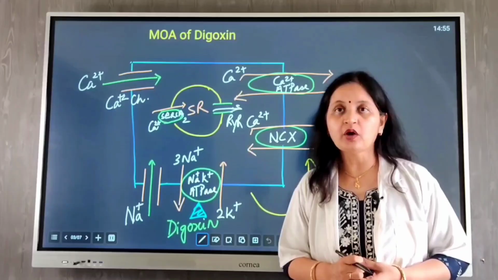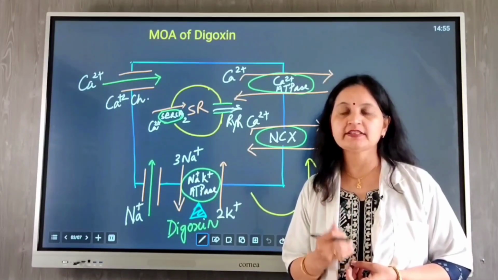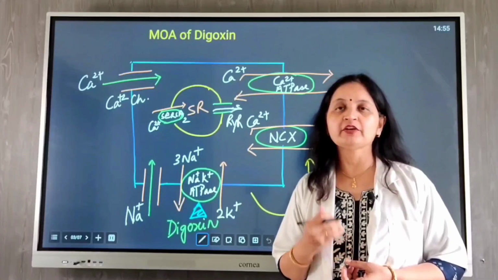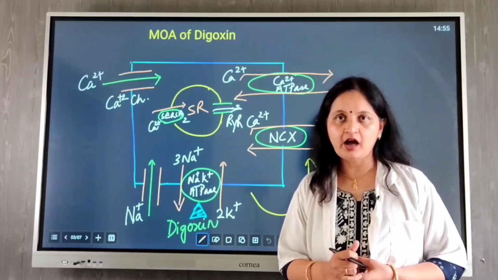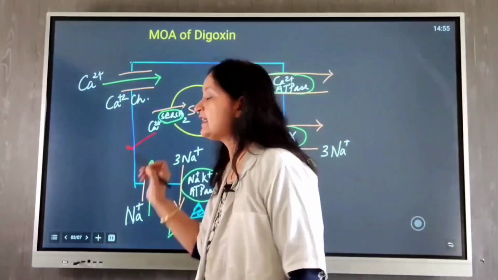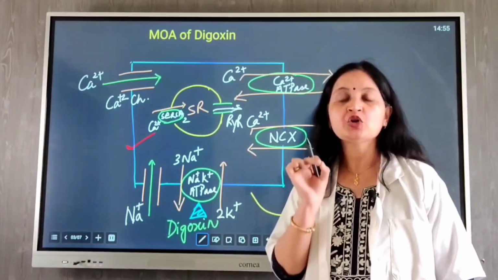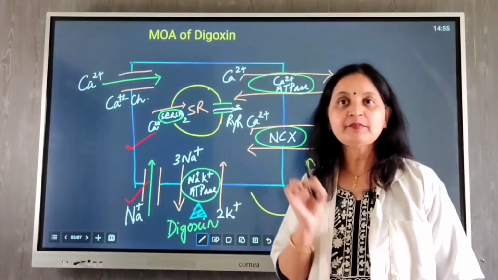How does digoxin work as a positive inotropic agent, increasing the force of contraction, increasing the cardiac output, stroke volume increases, congestion decreases, and thereby helps in symptomatic control in heart failure. So this is the figure of a cardiac myocyte. During each cycle of membrane depolarization, sodium enters into the cell via the sodium channels and calcium enters into the